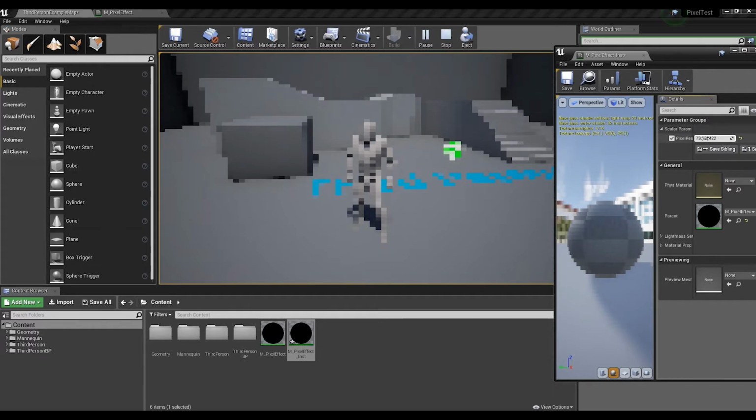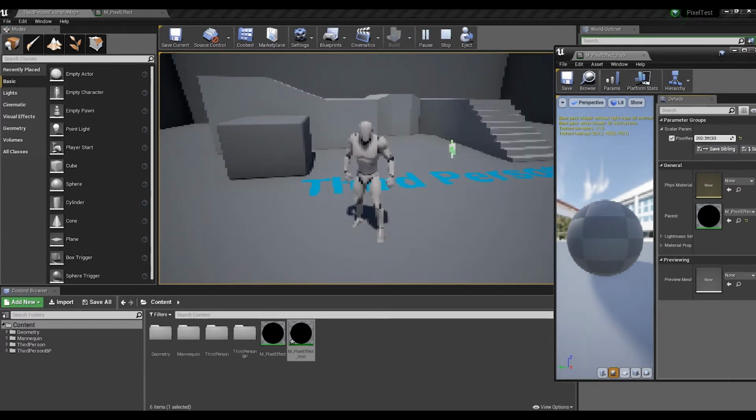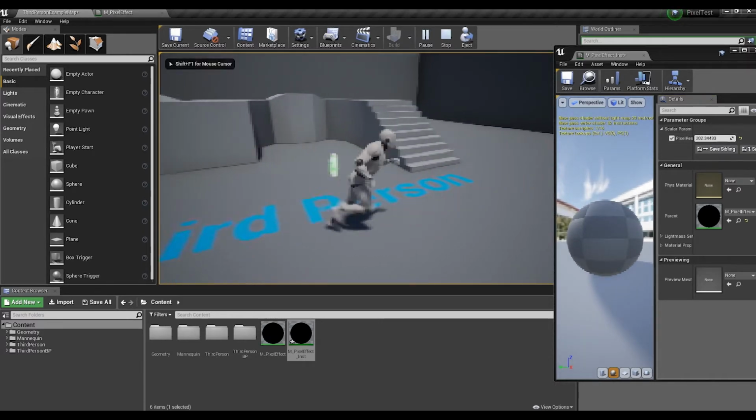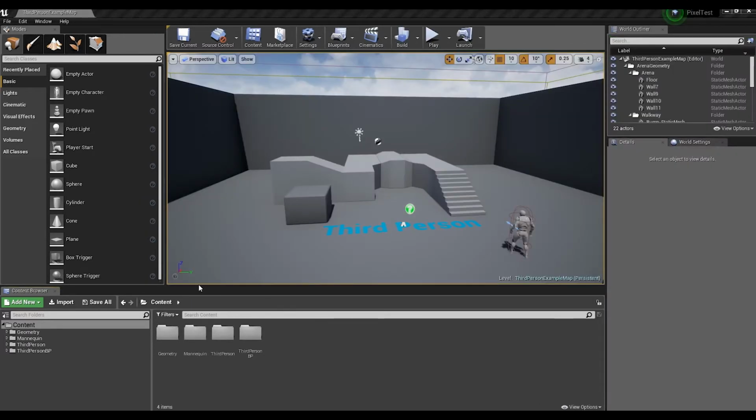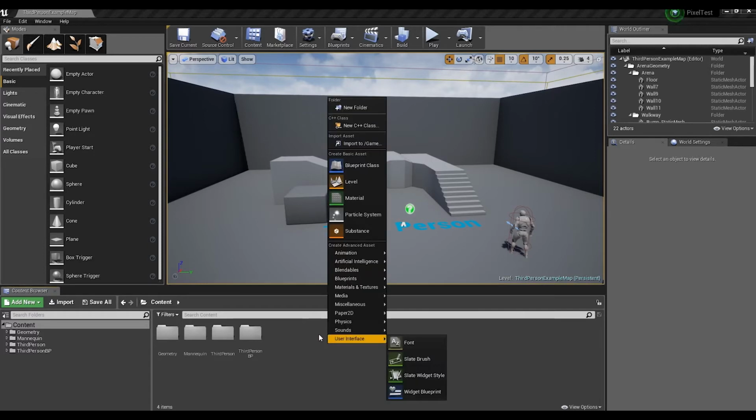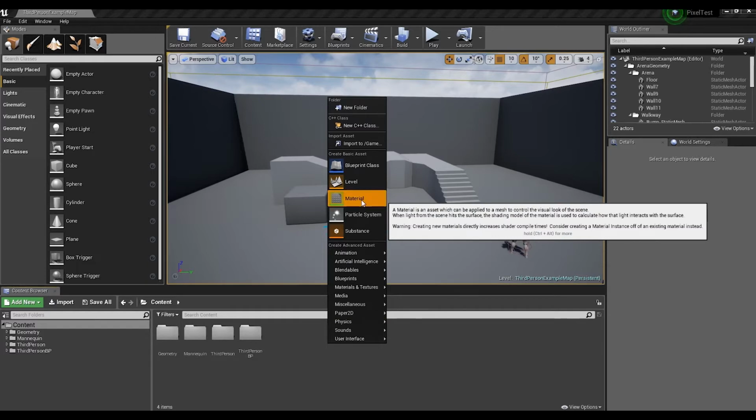One thing to note about post-processing is that the work is done in 2D space because it is additional work after the image is rendered. So when the word post-processing comes up in graphics, you can think of it as doing something in 2D image space, not 3D space. First, create a material in the Content Browser tab.